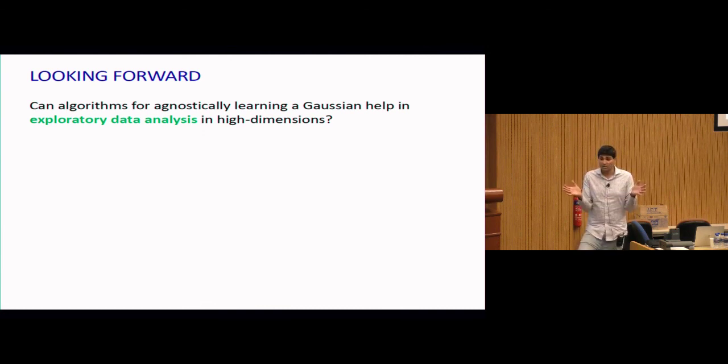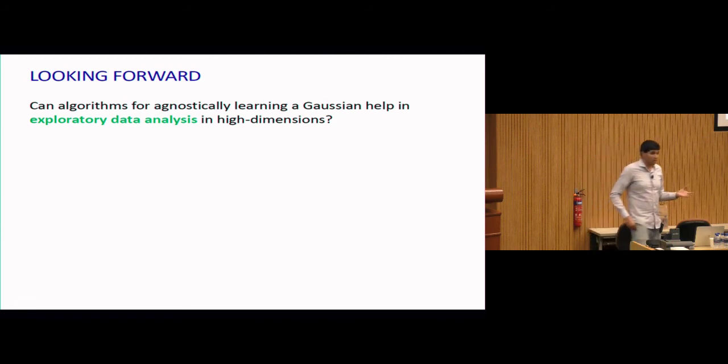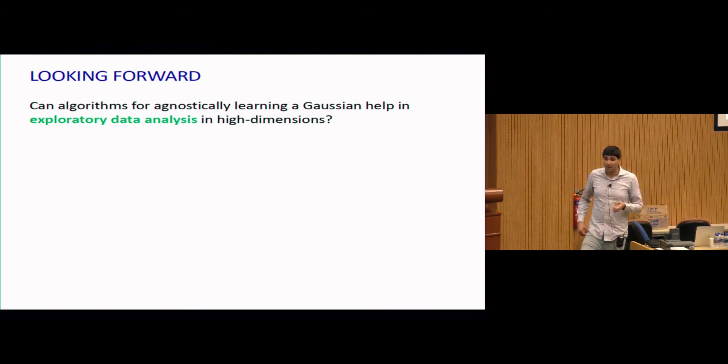In fact, what's worse is if you try and visualize your data set by projecting it randomly in a bunch of different directions, everything contracts by exactly this root D factor, which is where this root D factor came from, and that means that it's still hard to find those directions where the outliers live. So in fact, for a lot of the data sets that we know and love, we don't actually know to what extent the data analysis things that we're doing on them are corrupted by some small subpopulation that we don't understand.